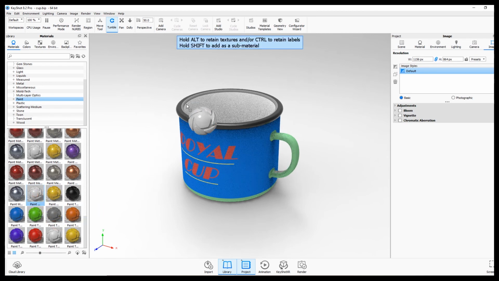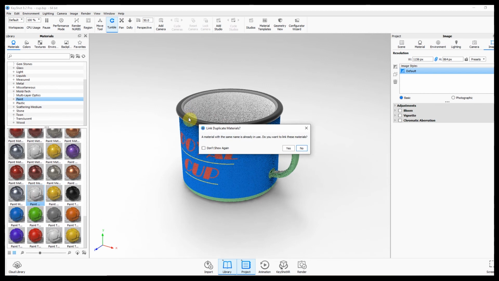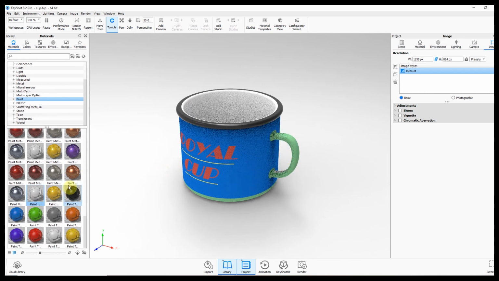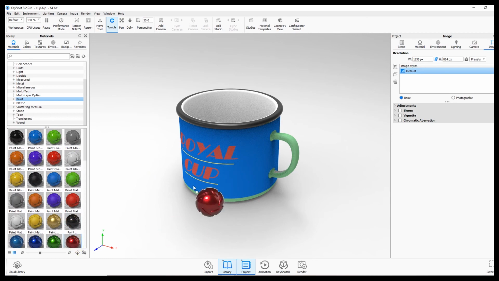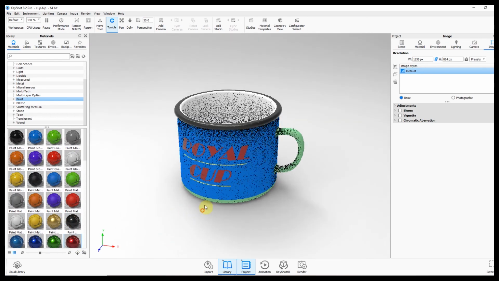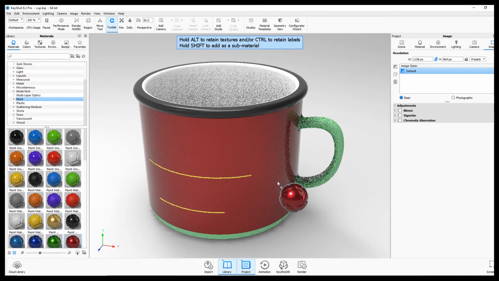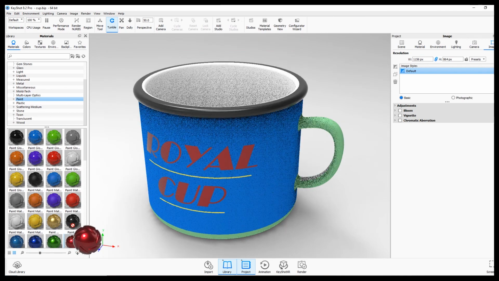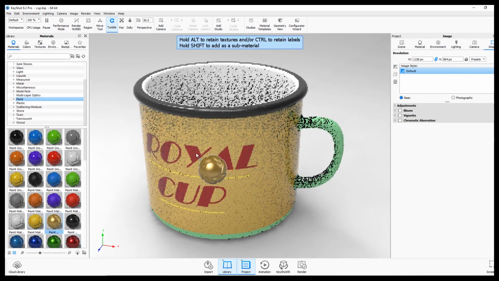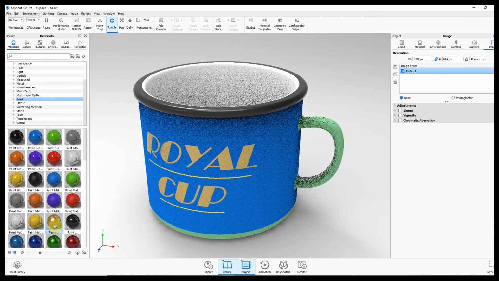Give the white color inside. Can you see the difference now? It looks awesome, right? We will give this color because a royal name always has a reddish color, right? It is more about shiny things.